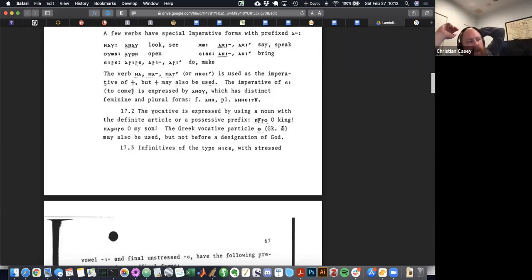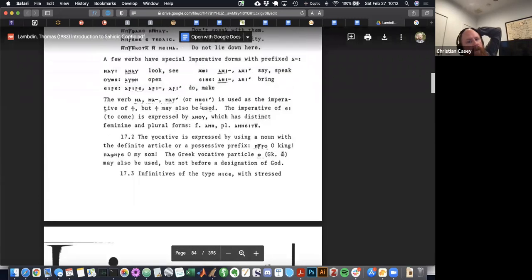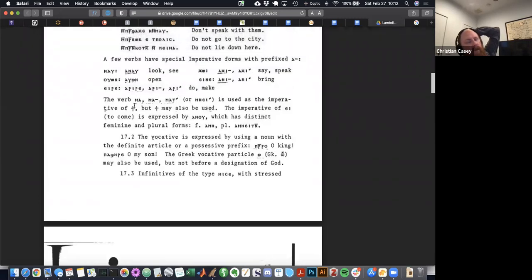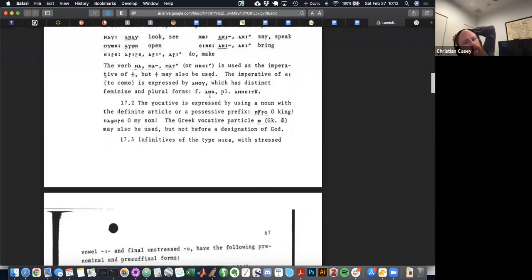It's the same thing that happened in English with go and went. There are actually two totally separate verbs, but the went verb ended up taking on the role of all the past tense stuff, and the go took on the role of all the present tense stuff. So they became as though they were one verb, but they're really from two totally separate lexemes that divided the labor, which is why they're different. That's what's happening here. So the imperative of ti can be ma, it can also just be ti. You know, that's fun. It can go either way.